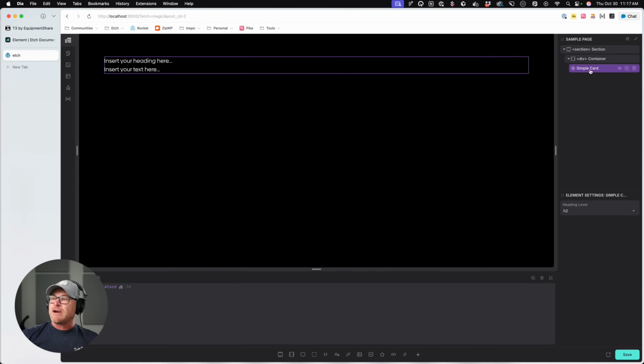You can see now that when I'm using the simple card component, I would literally just choose H1, H2, or H3, and that would control the output of that tag. No more conditional logic is needed. No more duplication of elements is needed. You just have a dynamic element, you pass a tag straight into it, and you move on with your life. That's basically how that works.